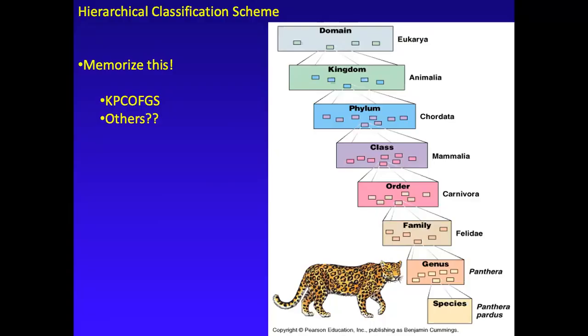We'll talk about all of these things, but you have to have that information in your lab notebook and you have to kind of have it in your head. But a lot of this other info, it's not core because you can look it up. You can always look up the classification of a particular organism. I know a lot of these taxonomic categorical names because I teach this class twice a year, and the ones that I work with all the time, I kind of know them because you have to indicate that when you're talking about them in publications in the literature. But if you remember this hierarchical order, domain, kingdom, phylum, class, order, family, genus, species,